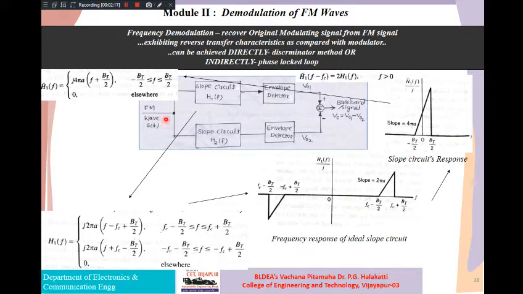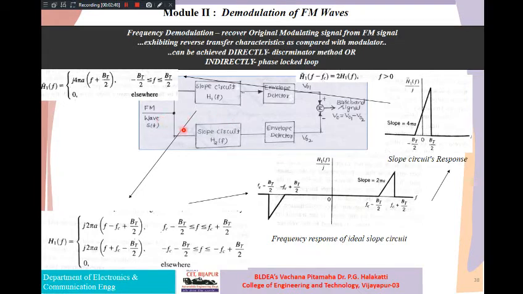Let us assume some black box is there in the demodulation. What could be the property of that black box? We have to focus on what could be the characteristics or properties of the demodulator, so that it will help us get our M of t from the frequency modulated wave S of t.